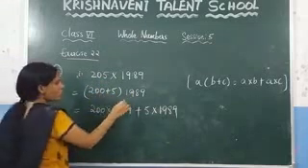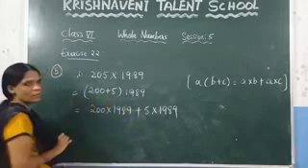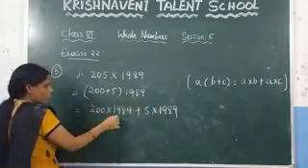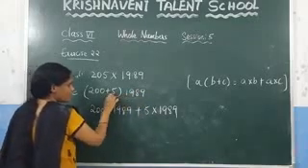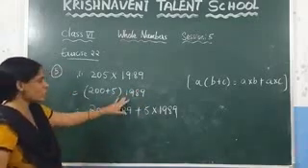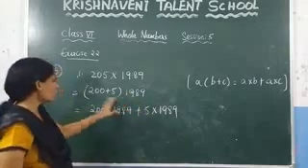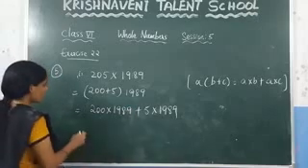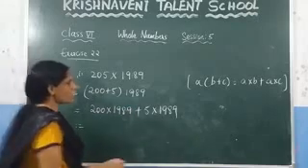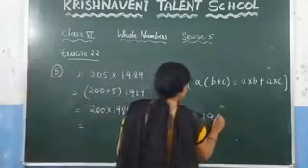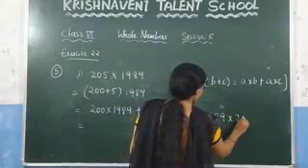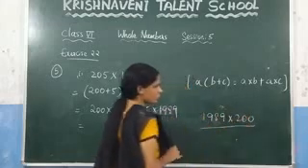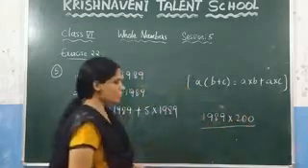Now what do we have to do? We have to multiply this number to both of these numbers. So we have written 1989 into 200 plus 1989 into 5. So we multiplied this 1989 to both of these numbers. Since addition is there, we have written addition in the middle. Now solve this. What is the value of 1989 into 200? Similarly here, just multiply with 2, and after that you can write zeros at the last.